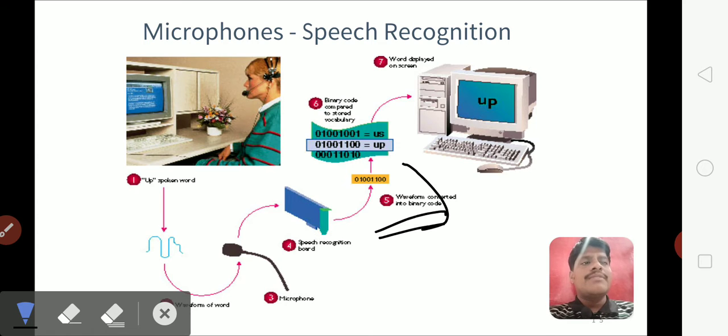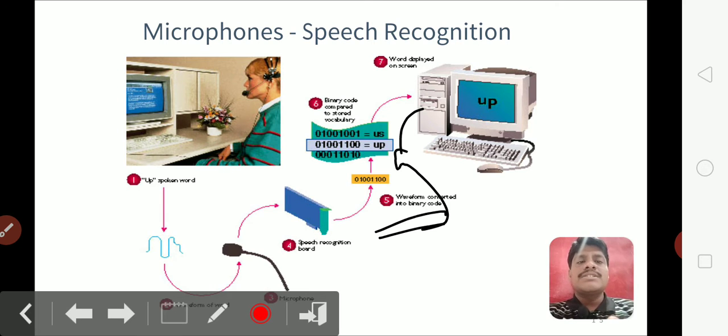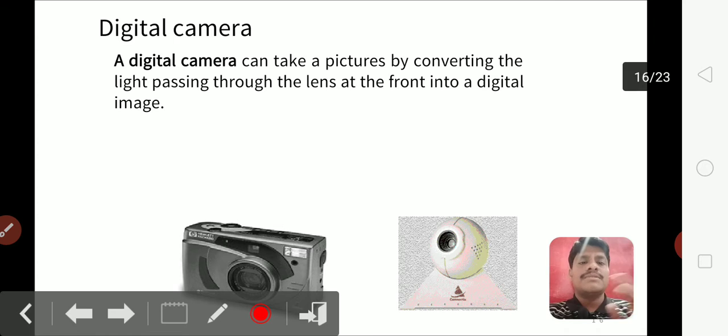This binary data is given to the CPU, which is capable of identifying the speech input through microphones. So this is another type of input device.